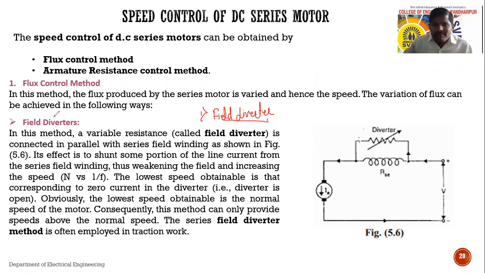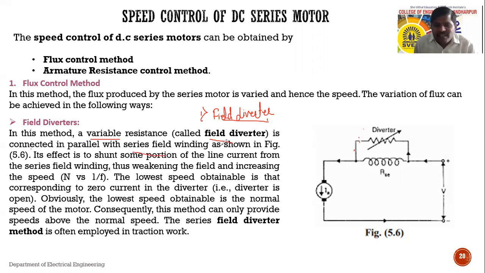See, we are connecting one of the resistance. It is in parallel with that of field winding. That means we are constructing another way to flow the current. Now see, I want to change the flux produced by field winding. Suppose here we are diverter. Meaning of diverter is nothing but we are constructing one another way to pass the current or to flow the current. In this method, the variable resistance, it is called as field diverter, is connected in parallel with series field